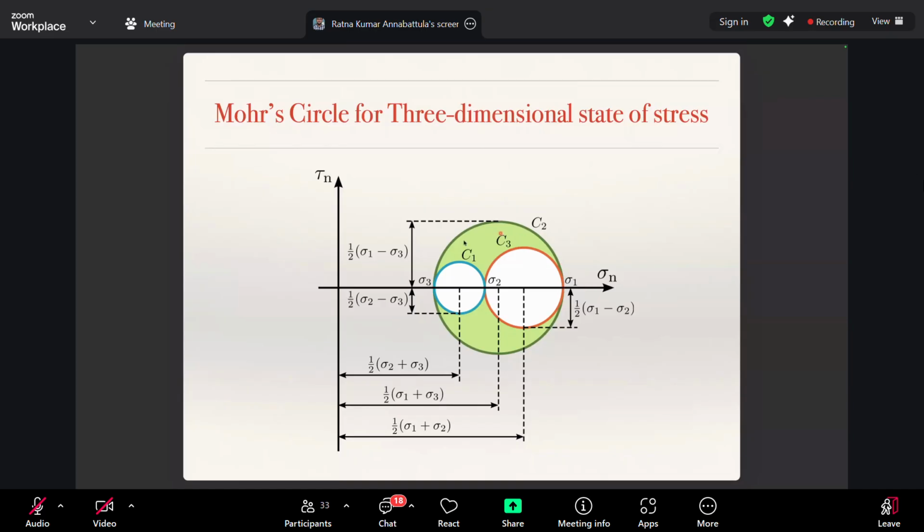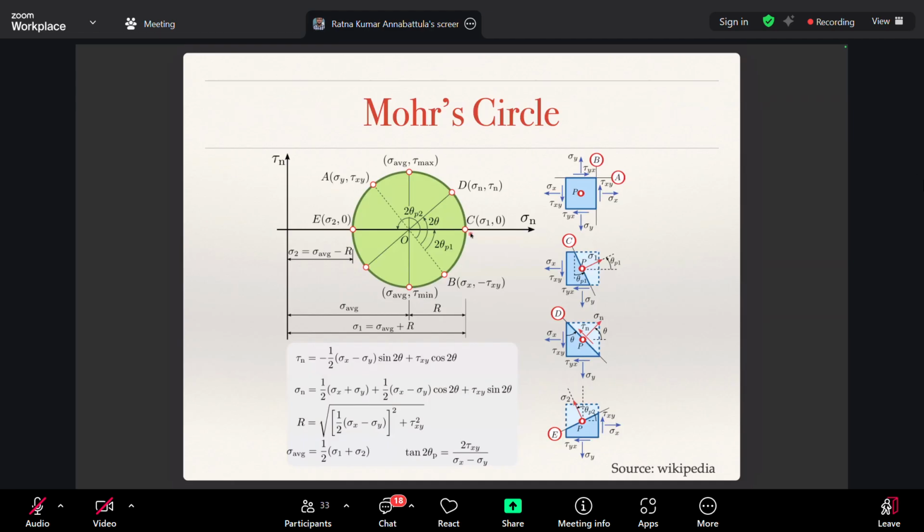That means, for example, if you take this state of stress, what is the idea of the Mohr circle? Even if you are applying only a uniaxial state of stress along this plane, there are planes at which you will still experience shear stress. A plane oriented at an angle 2 theta P1 from the original axis will experience some shear stress. So although on this plane you have only normal stresses, there is a plane oriented at an angle 2 theta P1, there you will have normal as well as shear stresses.